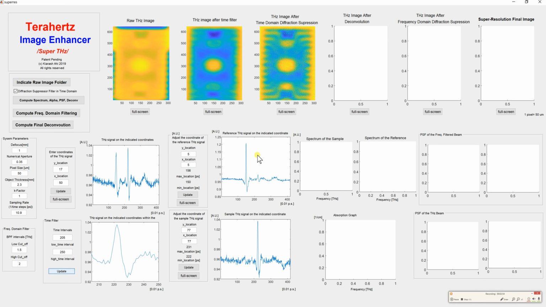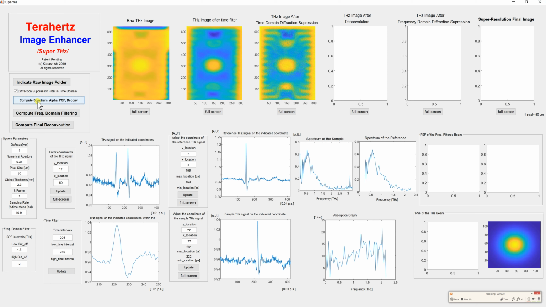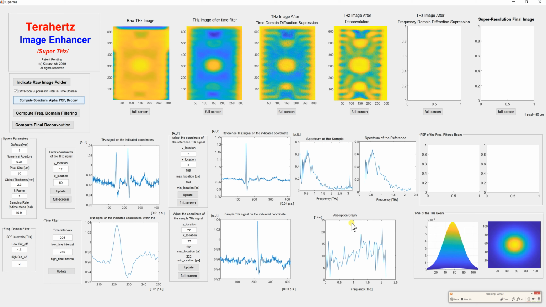And then the software also analyzes the time domain version of the signal, and due to the fact that the diffracted beams diverge and have more time delay, it can filter out the diffracted beams and suppress the blurring effect of diffraction on the image. Then I'm gonna push this button and compute the spectrum, and as you see here,